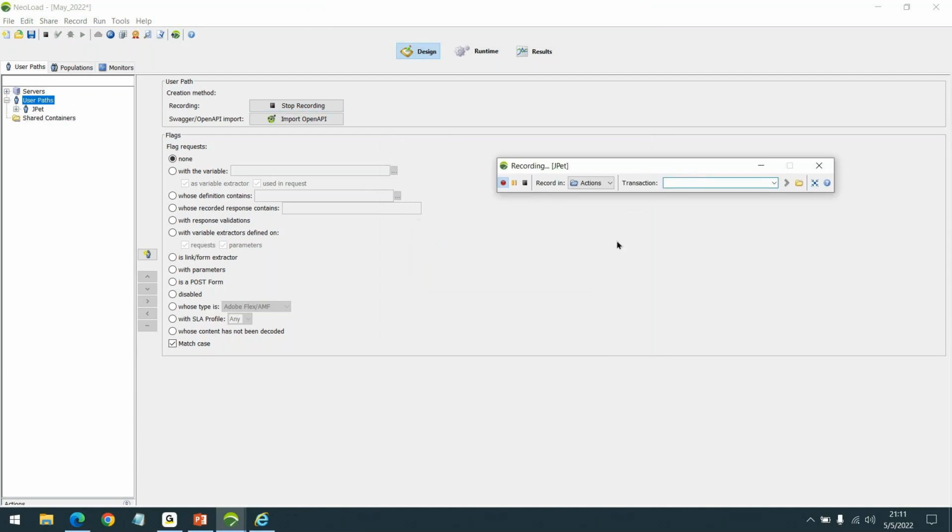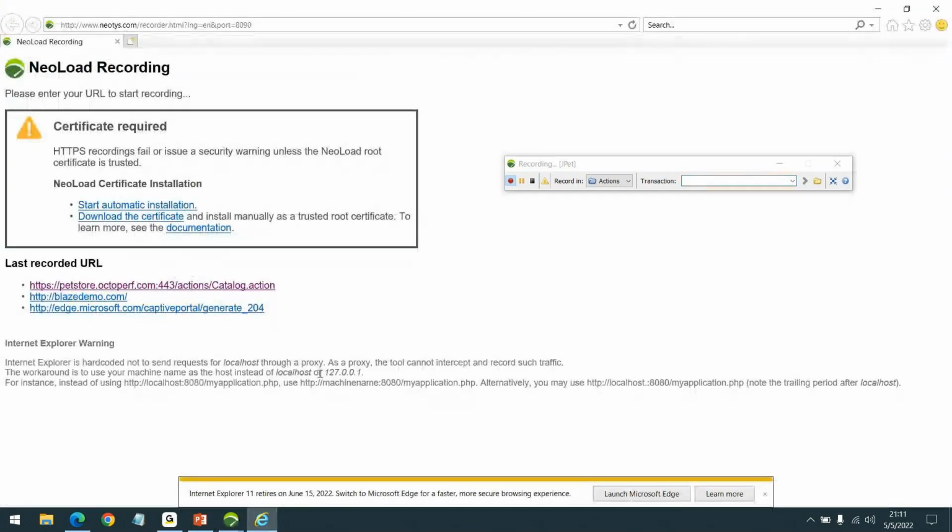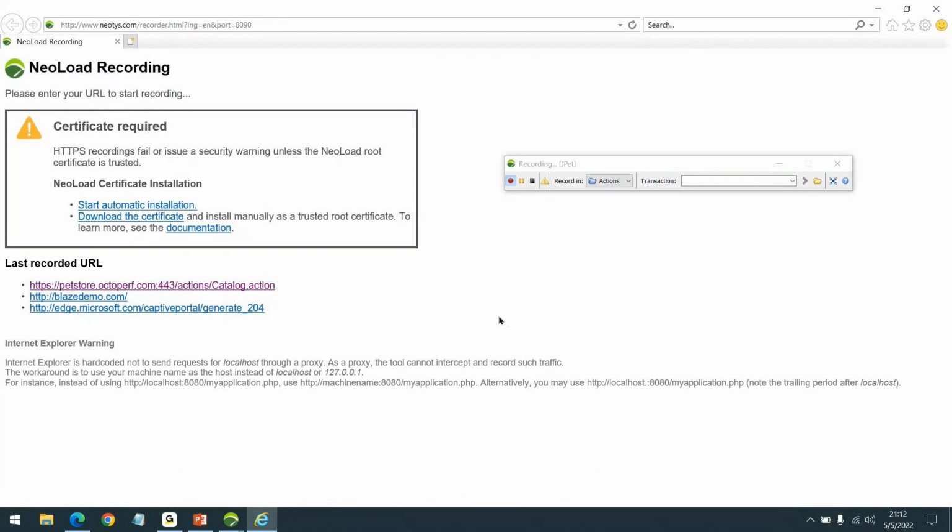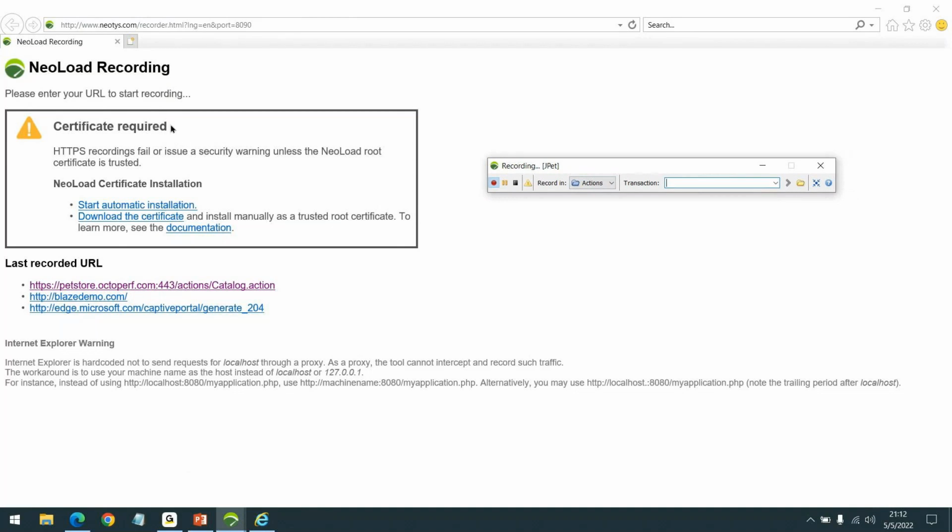As I started the recording, what I'm seeing here is the recording bar, and an instance gets invoked by NeoLoad. This is an instance started by NeoLoad. Whatever network traffic this specific client goes through gets recorded by NeoLoad.